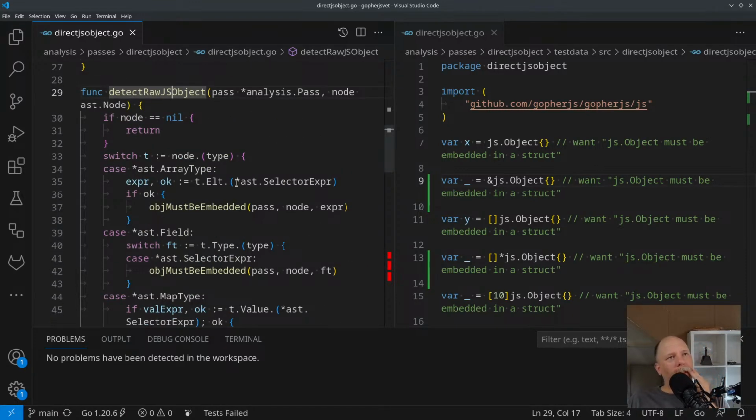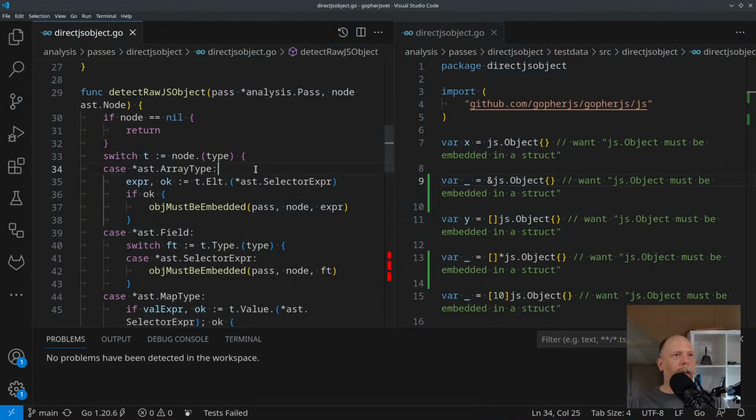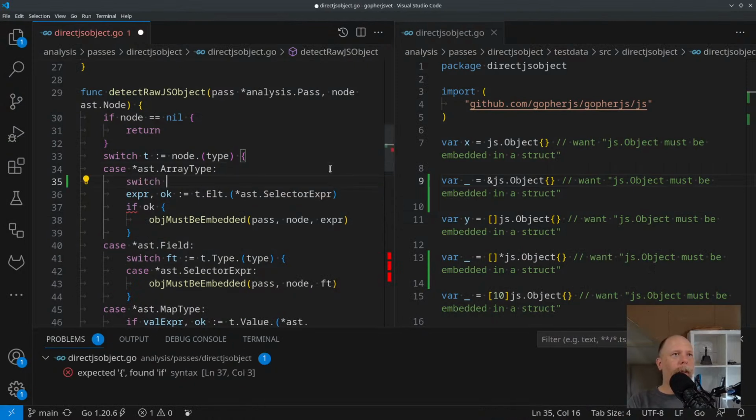Okay, I see the problem here. We're only calling this if we have a selector expression, which we don't have, because we have this star expression that wraps the selector expression. So I need to add that. Let me turn this into a switch. Our type, I guess, is the name I'm going to use, colon equals